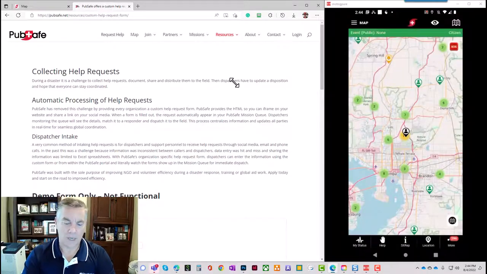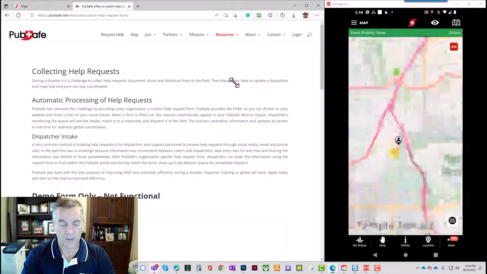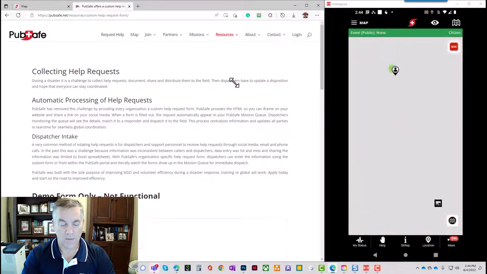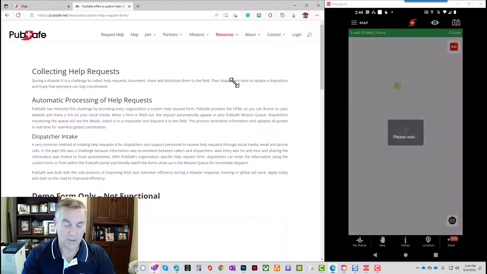And on the map itself, I am always the black icon. Whether I have a silhouette or a star depends on whether or not I'm registered as a responder or a citizen. I'm currently acting as a citizen, and the black icon indicates my position. So there's no other black icon that looks like that in the system, and that icon is always layered on the top. Now, if there's information below that, which kind of is covered by your icon, then you have the option of